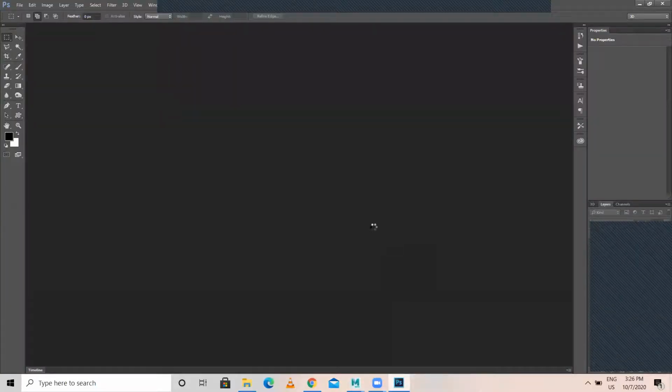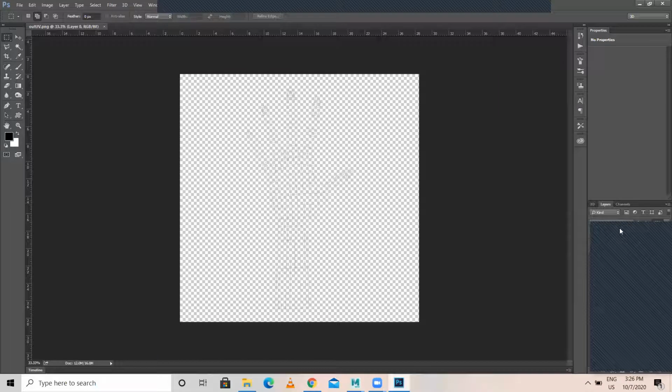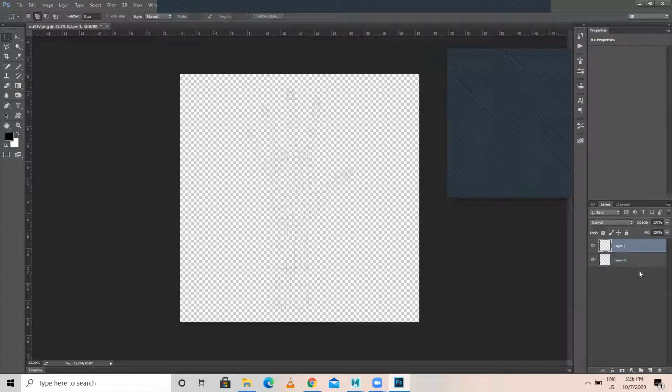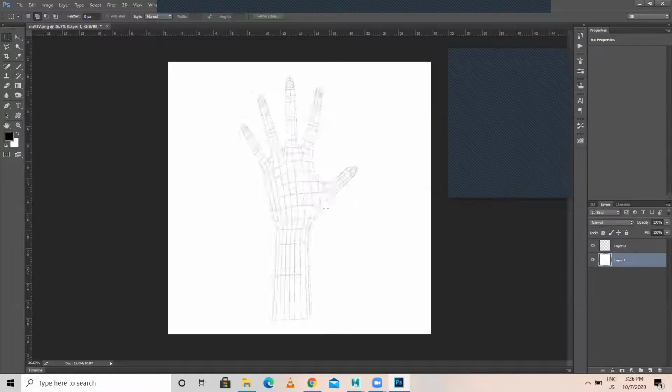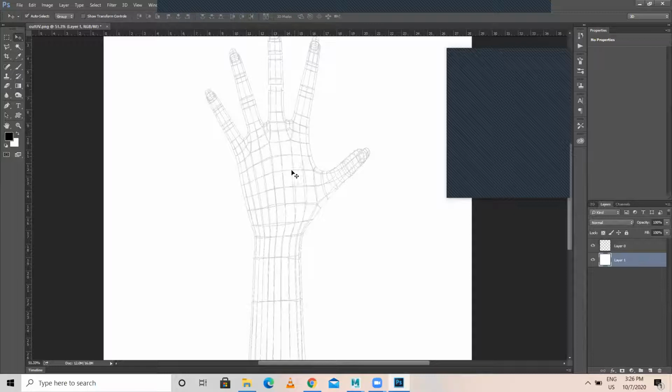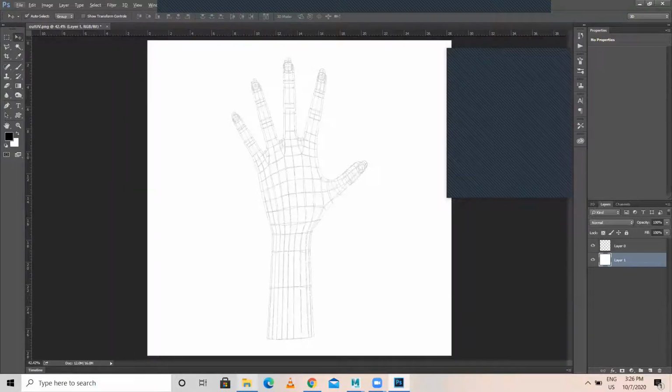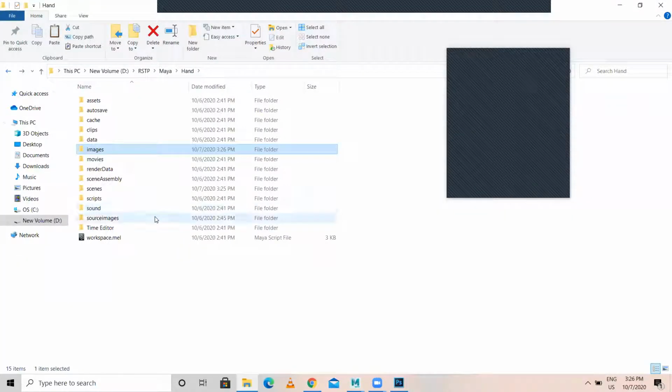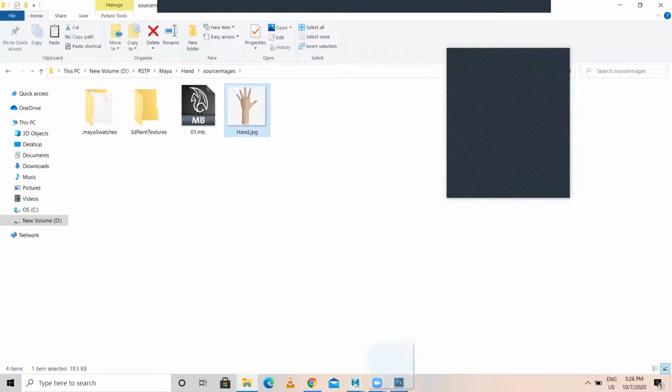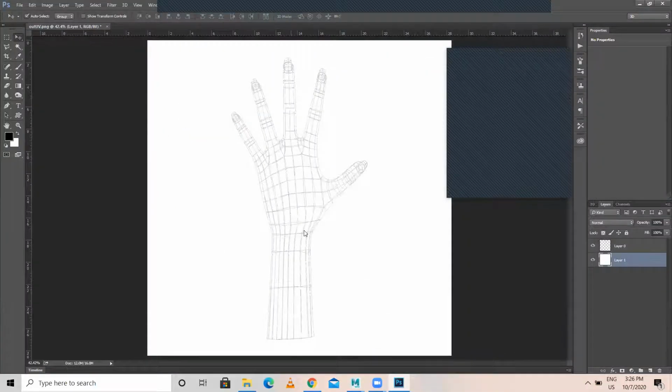I import this image in Photoshop. I'll create a new layer. The base layer has to be white color so that you can see this. Then after that, I need to take the image file and add the image file over here.